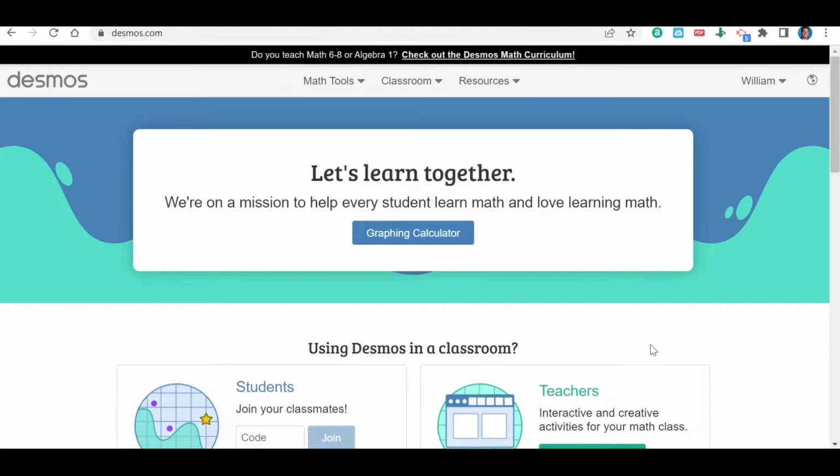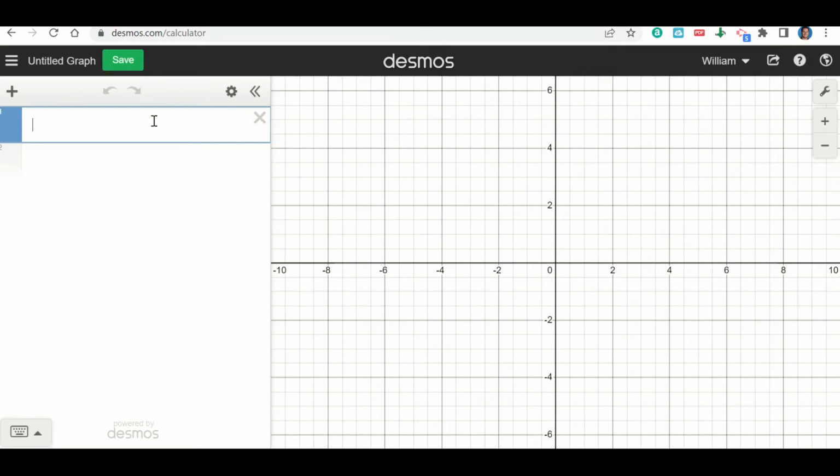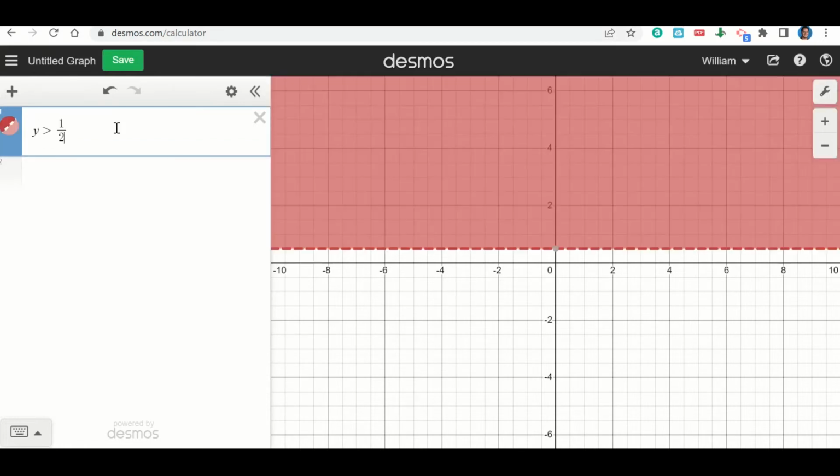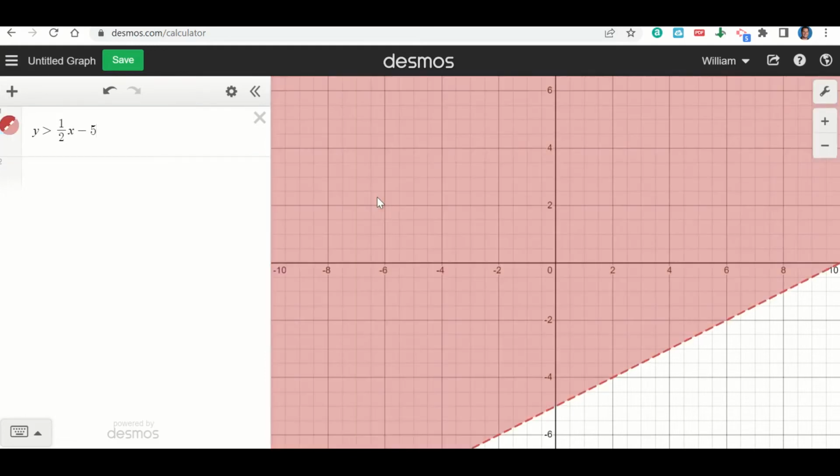Let's talk now about how we can use Desmos to check our work when dealing with systems of linear inequalities. First thing we're going to do is go to desmos.com, which is here, and then we're going to go to where it says Graphing Calculator. I'm going to click on that. And on the left side, I can enter the two inequalities that I want to look at. So let's go ahead and put one in. Y is greater than 1/2 x minus 5. So there's my first one. And then I'm going to put my second one in. Y is less than